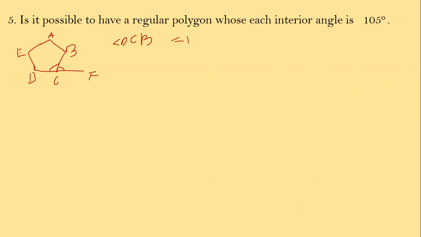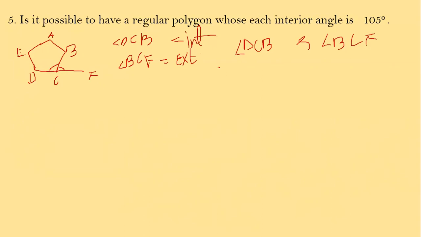If angle DCB is interior, why? Because it is on the interior part. And if angle BCF is an exterior angle, why? Because it is in its exterior part. Okay. Now how much will this be? This is actually angle DCB and angle BCF, okay, is actually